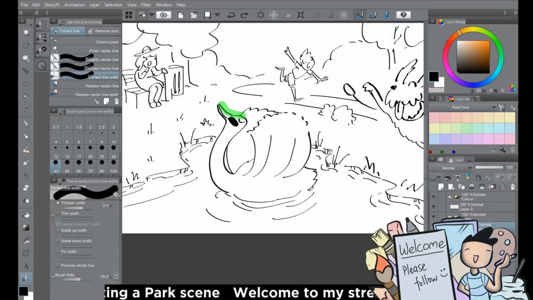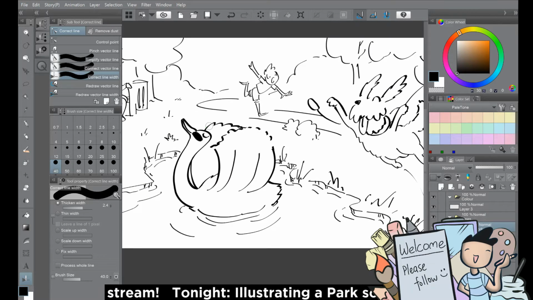So I'm going to bring out a bit more of the swan. It doesn't have to be much, but just enough so that on a first read of the image, this is sounding kind of technical now, but on a first read of the image, they call it a read, it's basically the first impression you get when you look at it. Yeah, I'd like people to see that this swan in the middle of the image is important,